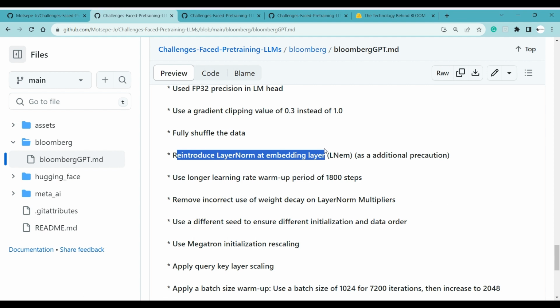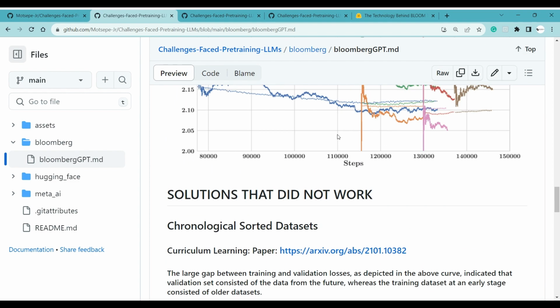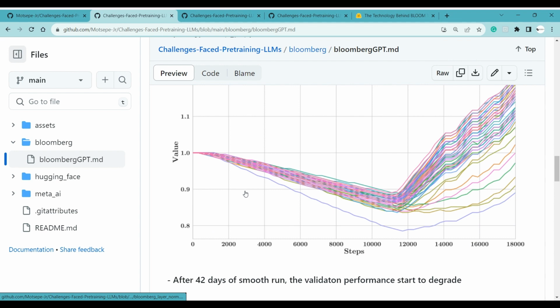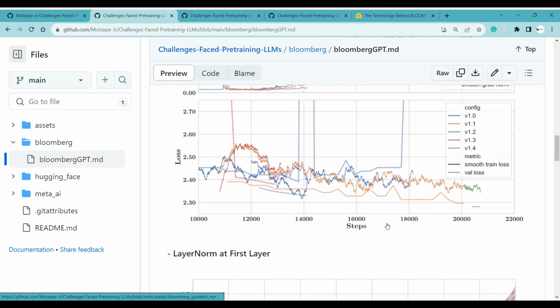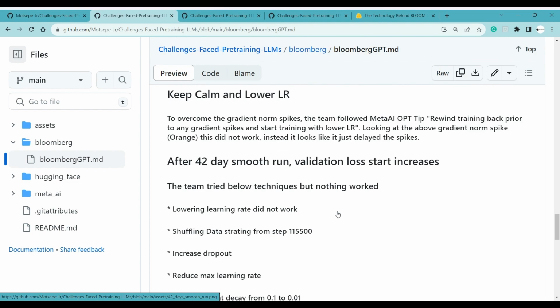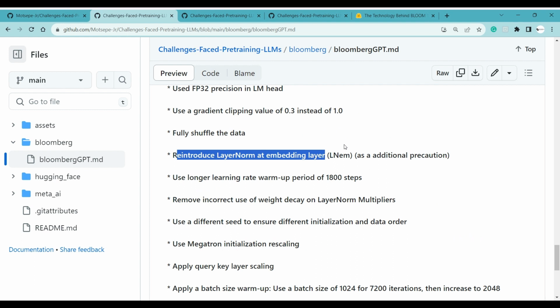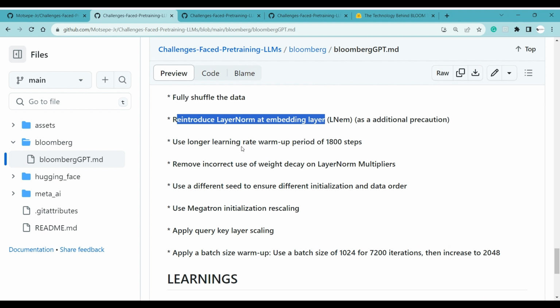They said this is just an additional precaution because, I forgot to say this, what happened was that they realized that at the early layers, like the first layer, you see these grad norm spikes, they deviate. So the problem is at the first layers. This is where you're going to face a lot of pain. This is why they had to add layer norms, as we will learn also with other research labs. They tend to add as many layer norms as they can to stabilize this. But anyway, they use